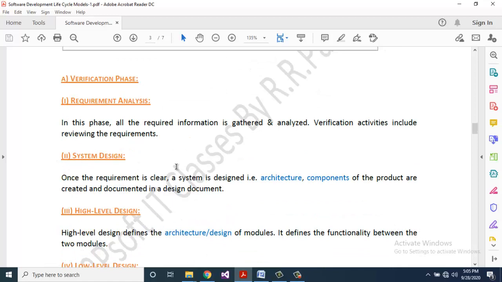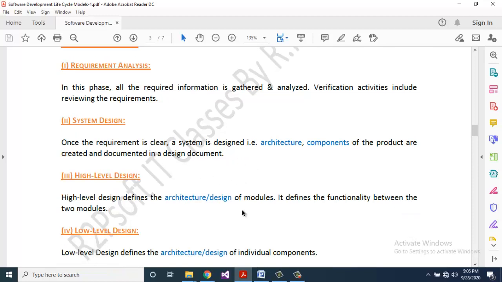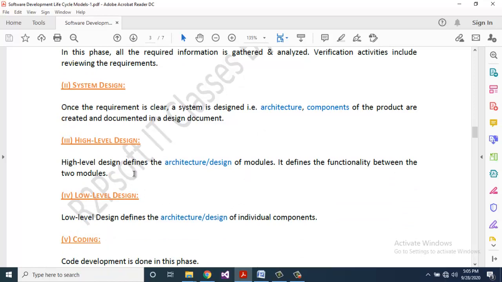Second, system design. Once the requirement is clear, a system is designed, that is, architecture components of the project are created and documented in a design document. High level design. High level design defines the architecture design of modules.